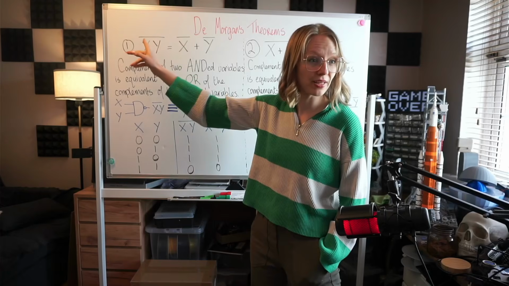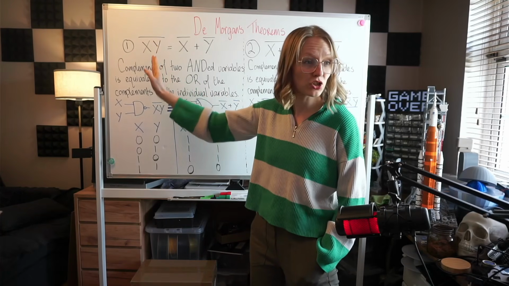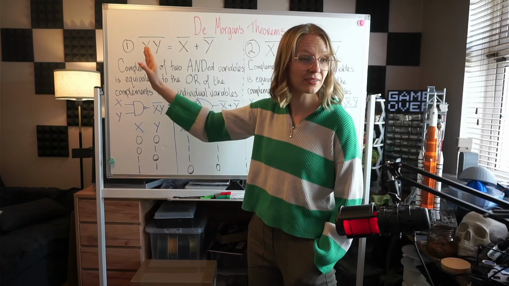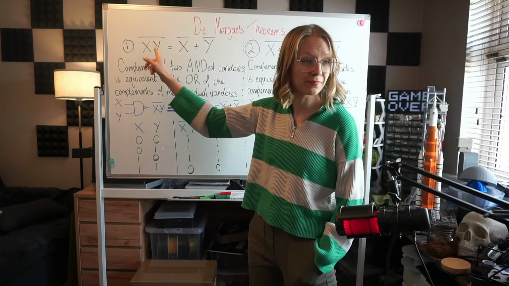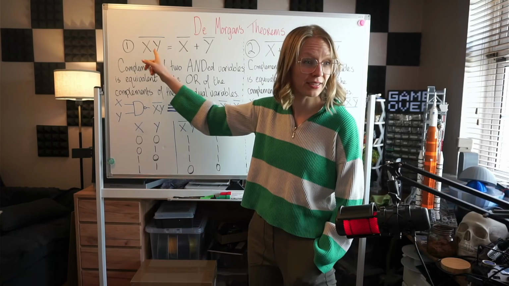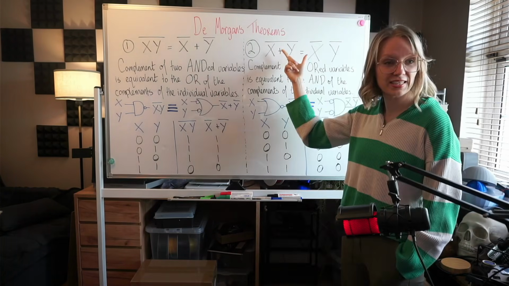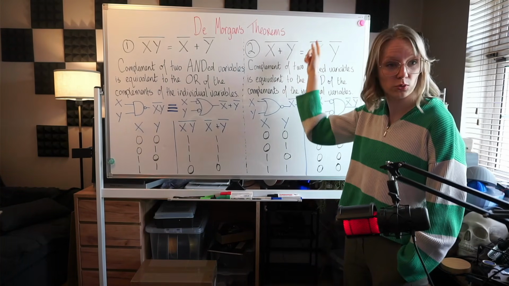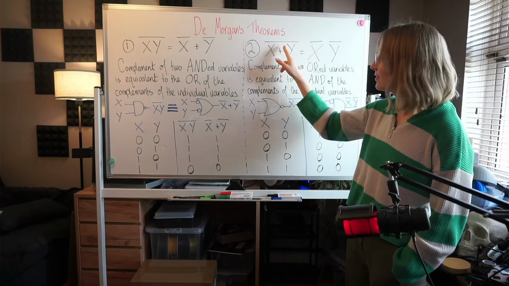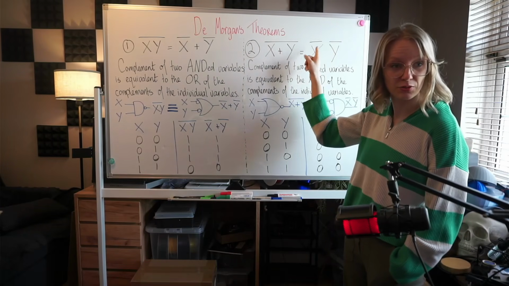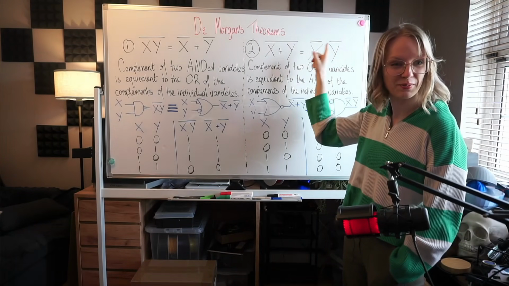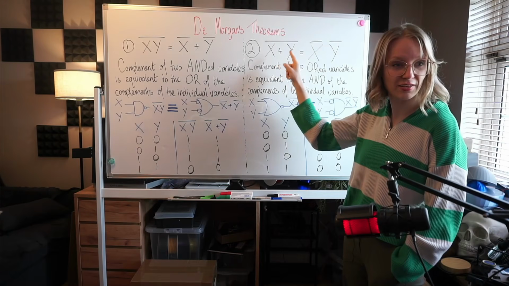There's a bar on top of them over both of those. Chop the bar, slice it in half, and then change the sign between them. There's a dot in between x and y, change it to a plus sign, and the two lines are split. X and y, the bar is over the total sum. Quite literally, chop that bar, so you have two individual variable complements, and then change the sign from a plus